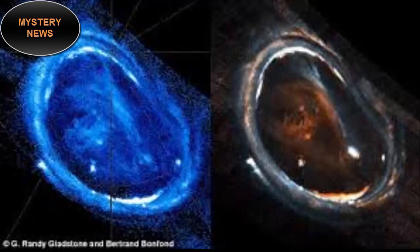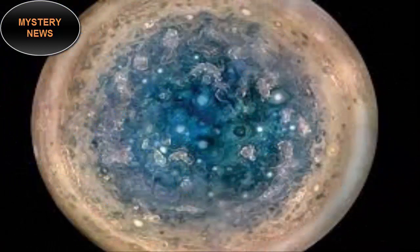Juno also caught a glimpse of the powerful auroras that glow near the poles, which are curiously devoid of cloudy bands, and are instead roiling, pastel-colored messes of storms and spirals that look very different from each other. And when it peered into Jupiter's atmosphere, the spacecraft detected ammonia welling up from deep within the planet's gassy shroud. The pungent, suffocating plume of gas could be creating vast weather systems that transform the planet's clouds into the artistry